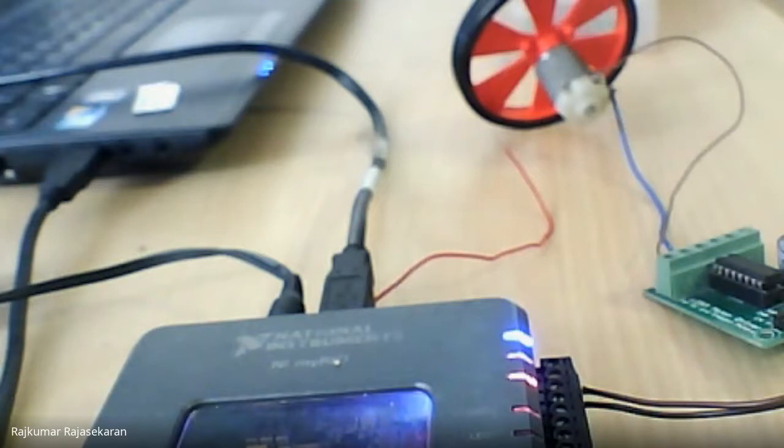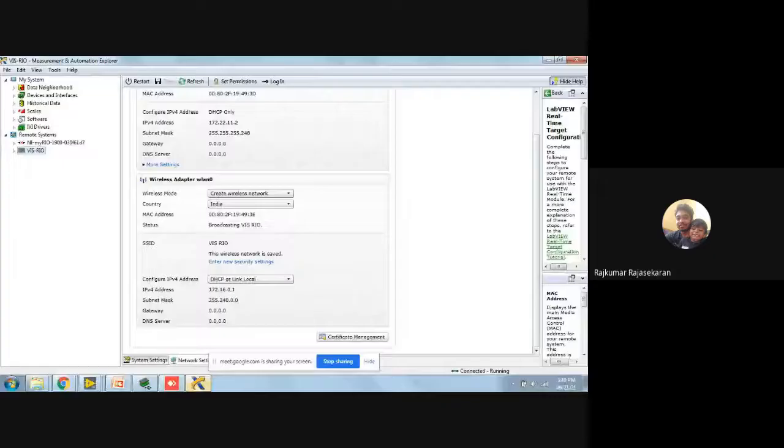So now, hardware level, software level, you have to see. I'll switch on my camera. Again, I'll share the screen. Basically, what I did is I opened my NI MAX and selected my myRIO, and here you can see that the wireless adapter option is there. I just created the wireless network.